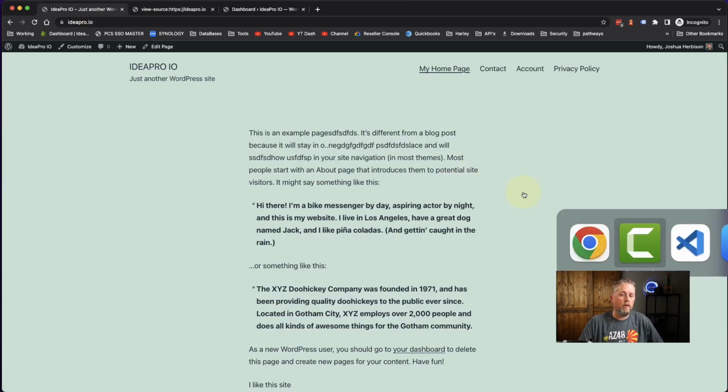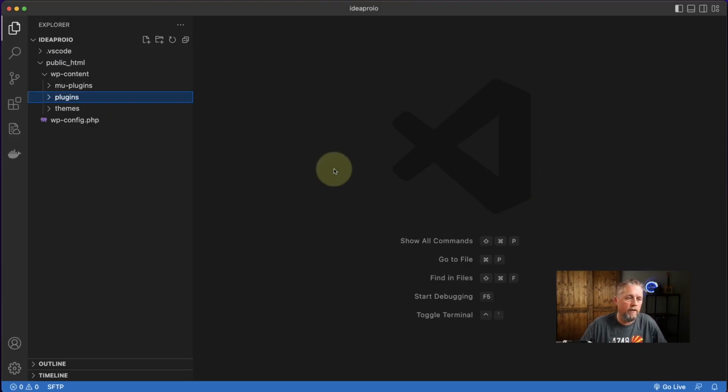Okay, so we're going to go over to our code, and I'm using VS Code, and I have an extension on VS Code, whatever you want to call it, that is SFTP. So it uploads the files to the server whenever I save them. So we're going to create a new folder here in the plugins folder. It's the wp-content plugins folder, and we're going to call it the Idea Pro Development Staging. Right, and then inside of that folder, we're going to create a new file, and we're going to call it the same thing,